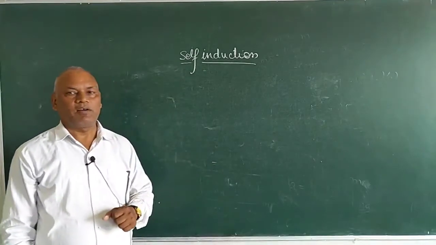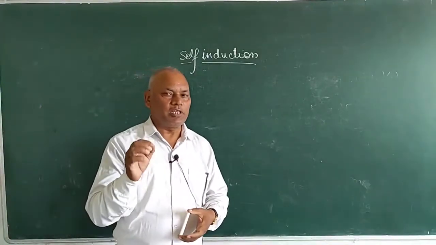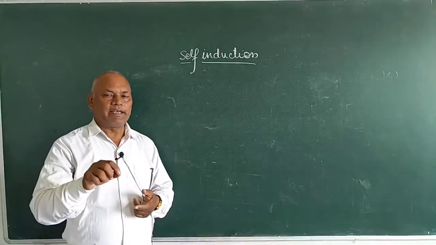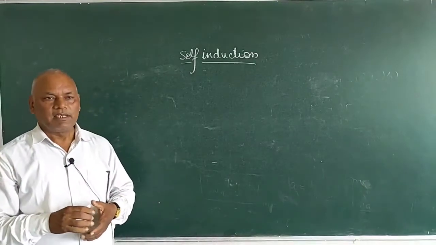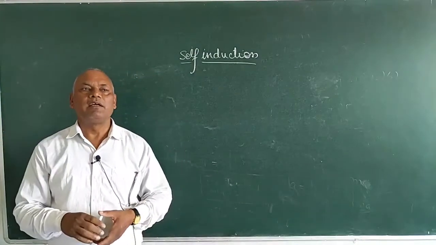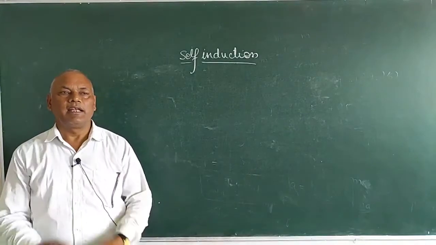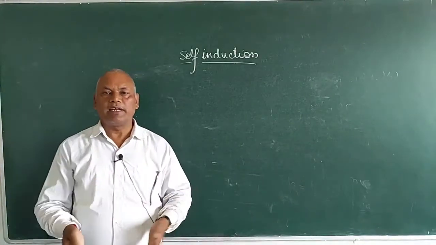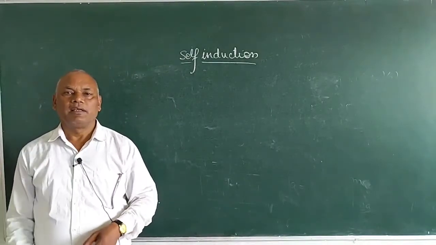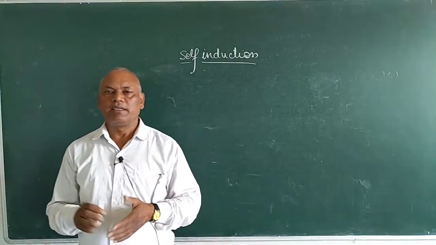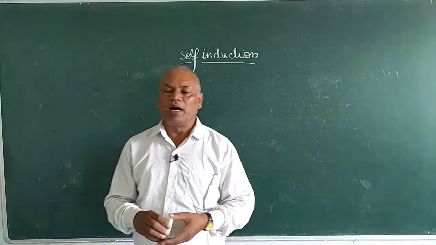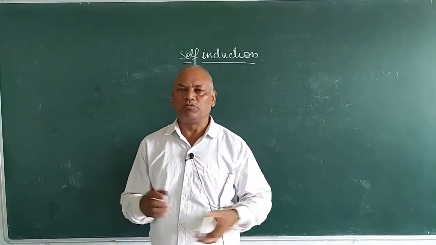According to Faraday's first law, the numerical value of induced EMF is proportional to the negative rate of change of magnetic flux, E proportional to minus d phi by dt. Therefore, E is equal to minus n d phi by dt, where n is the number of turns in the coil. After that, we discussed the importance of the negative sign. What is the importance of the negative sign? This indicates that the induced current produced in the coil always opposes the cause by which it is produced.